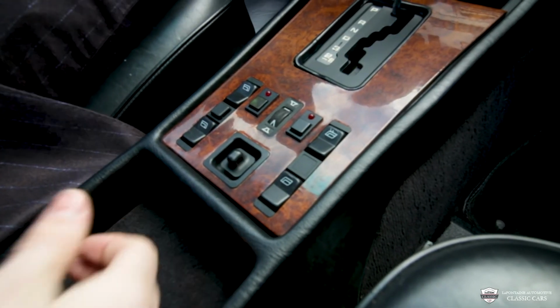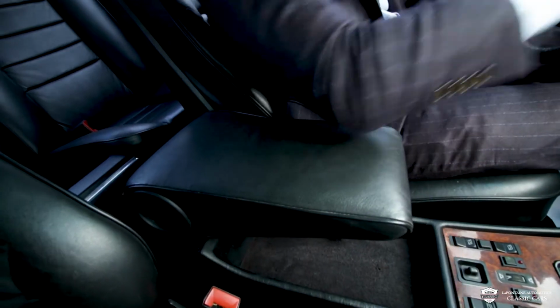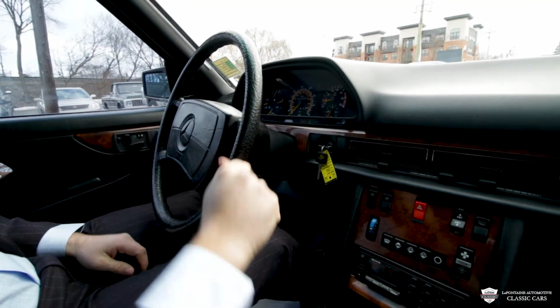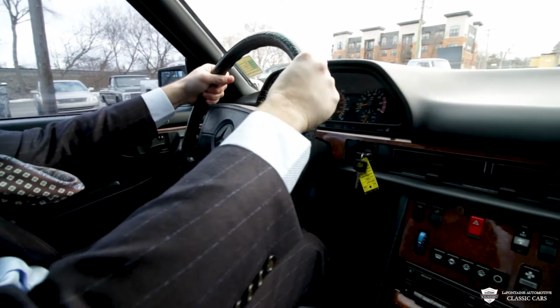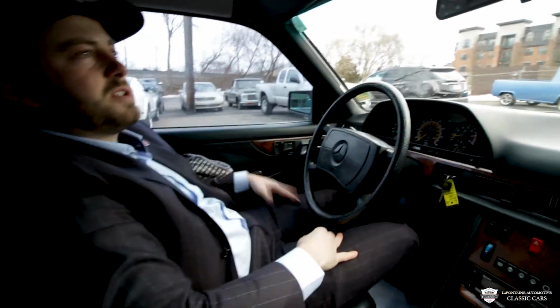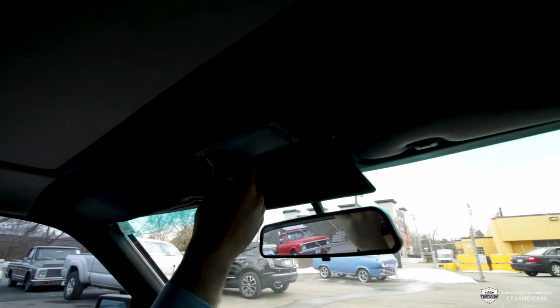We have that. Right in the center, a nice little armrest here. Press a button, and that folds up. Comes right back down. A very, very nice, well-wrapped steering wheel. It's just comfortable. It's a good size. These seats we haven't even talked about yet, but they just fit you like a glove. You feel at home. We see we got a dome light here